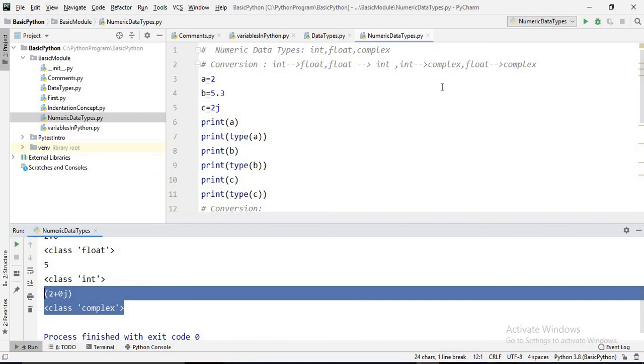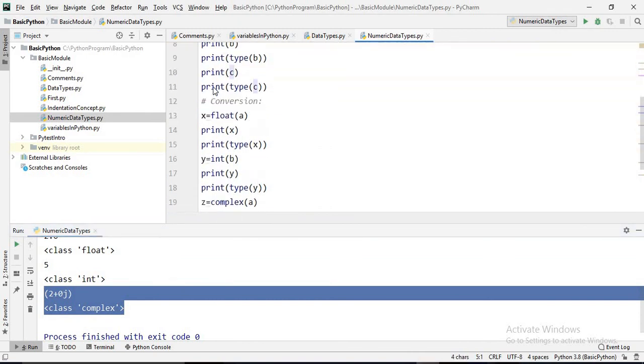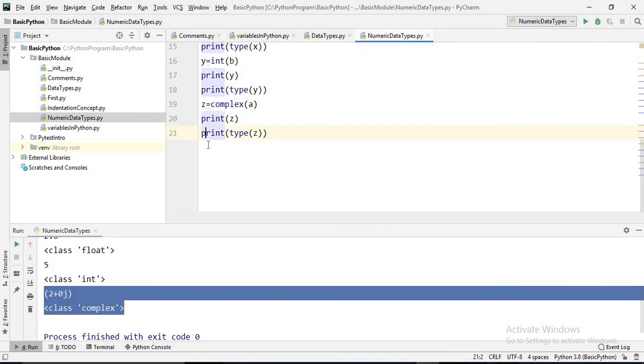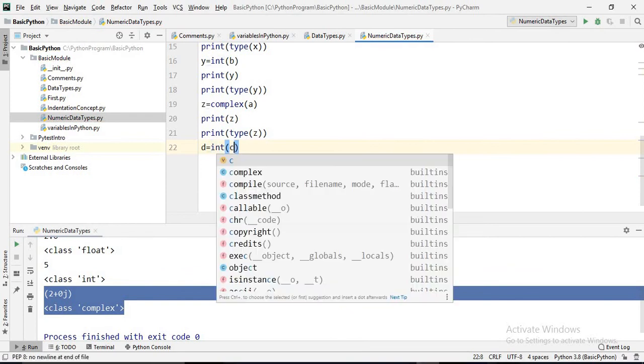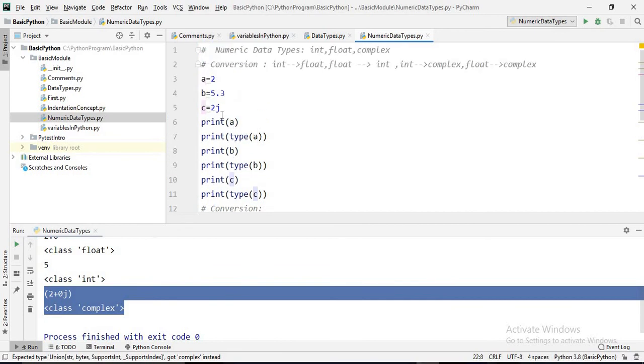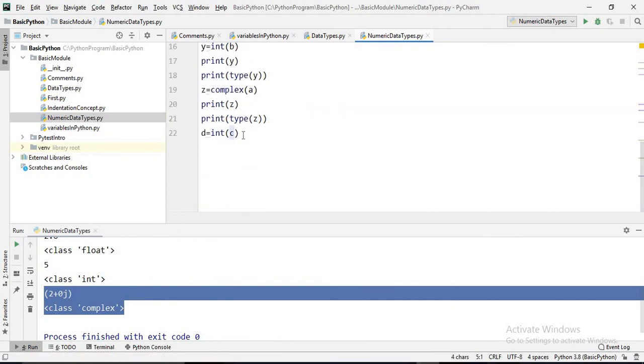The last thing I want to show you is what happens if we convert a complex number into integer. I want to convert c into integer. Let d be a variable: d equals int of c, where c is our complex number.